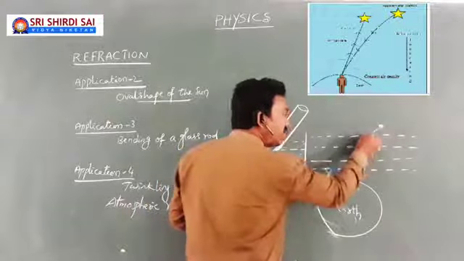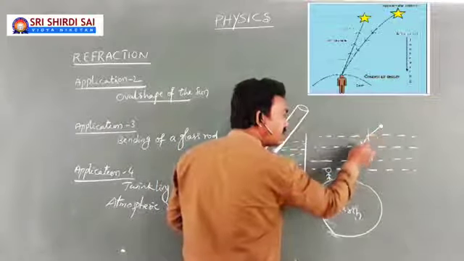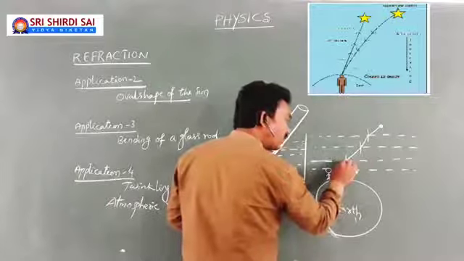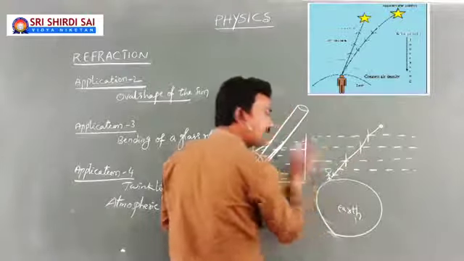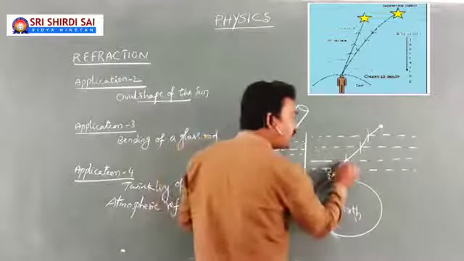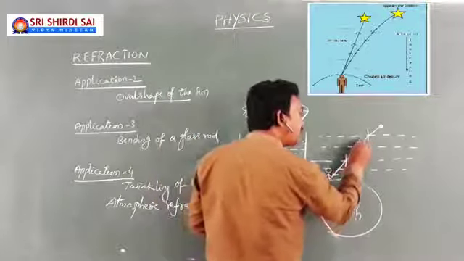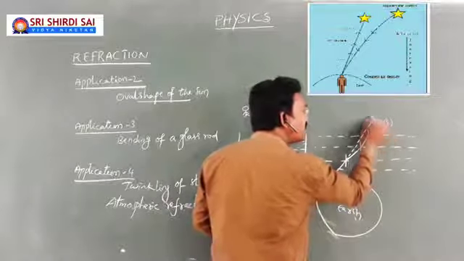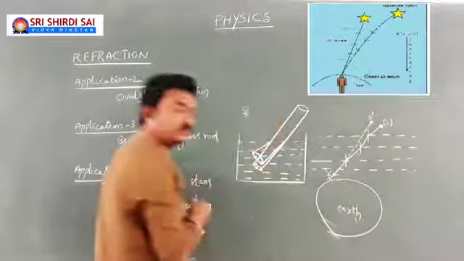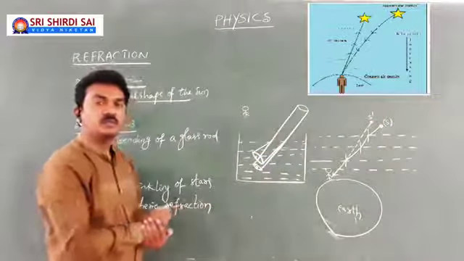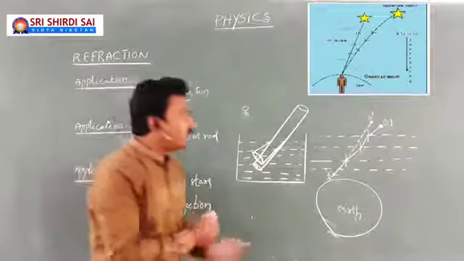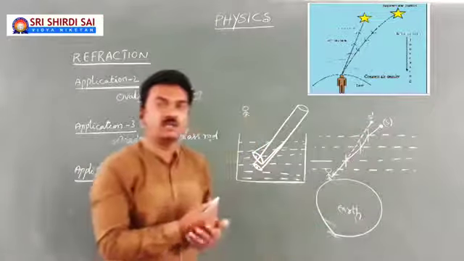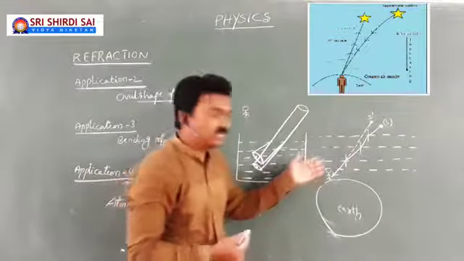So what happens? It undergoes refraction, and again refraction, and again refraction, and finally reaches the observer. But this emerging light ray that is received by the observer causes a virtual image here. Actually the star is here, but it causes a virtual image here to the observer. But you remember, this may not be the path always preferred by the light coming into the atmosphere, because atmospheric